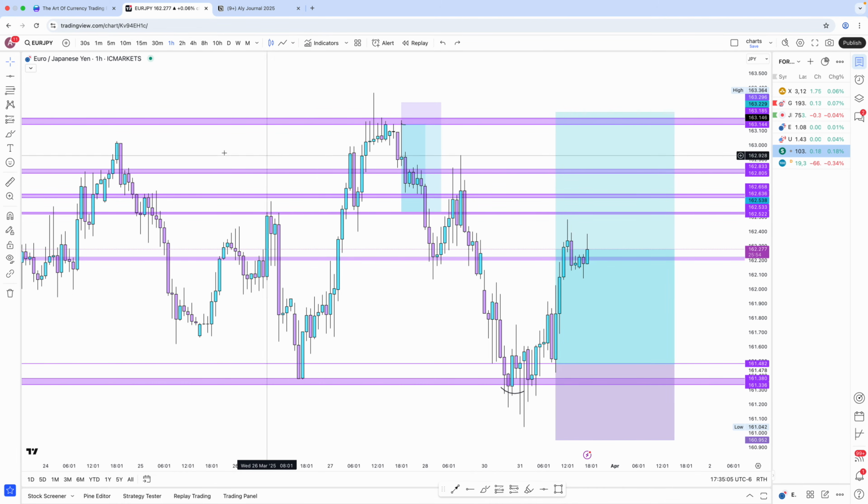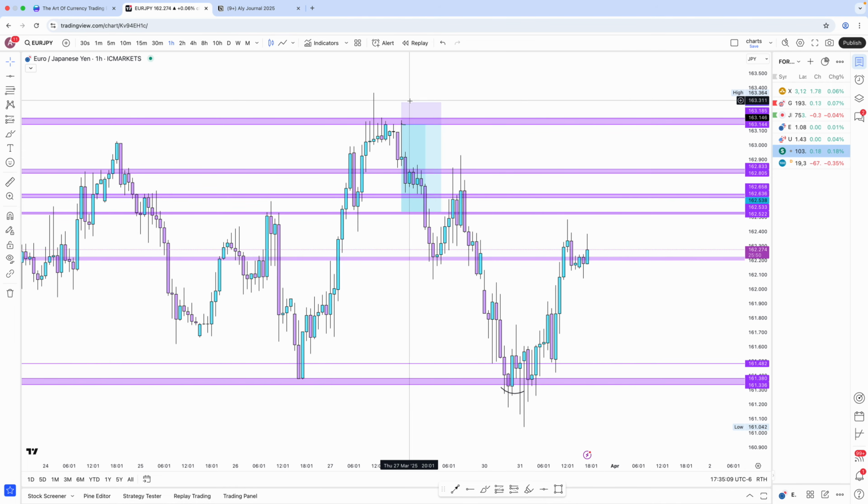So one thing I wanted to talk about as well is higher time frame structures. If you don't focus on the higher time frames, like the 1 hour, 2 hour, you can easily get stopped out because you're not getting the right confirmation. You're jumping down too early before getting the 1 hour confirmation.